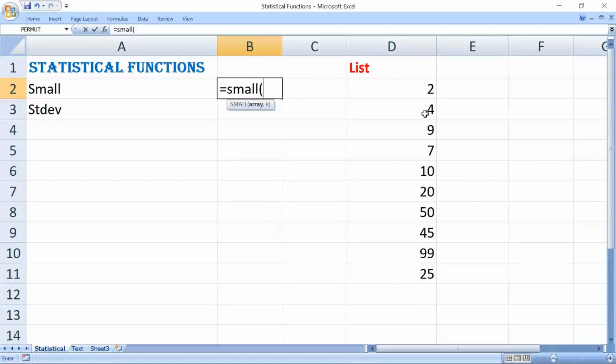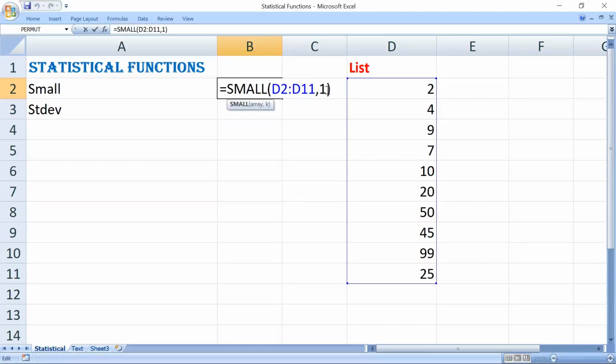We have to select here the list, comma. K indicates here whether the first smallest number, second smallest number or seventh smallest number, that has to be mentioned here. Just provide here 1. This will return the first smallest number from the list.